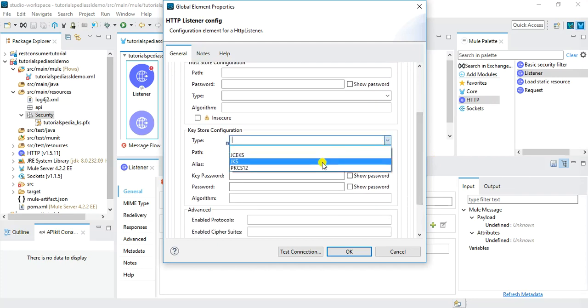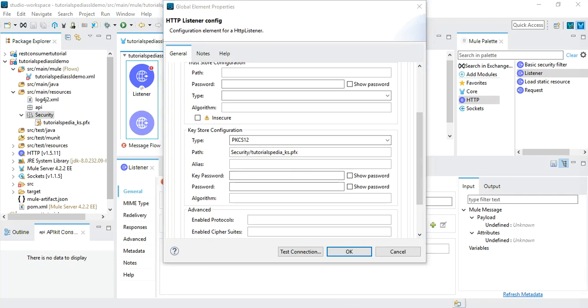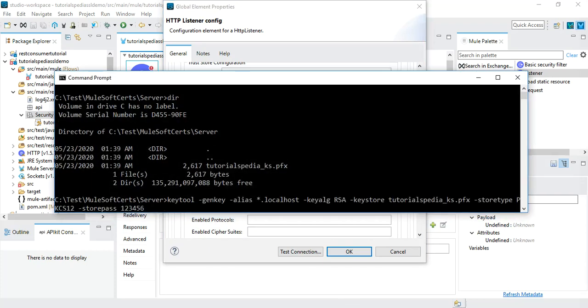In the type, choose pkcs12 since we created pkcs12, and in the path write security slash tutorialspedia_ks.pfx, and the alias that we gave to our keystore, let's verify what was the alias. Alias was static.localhost,